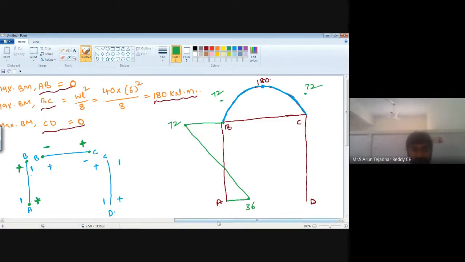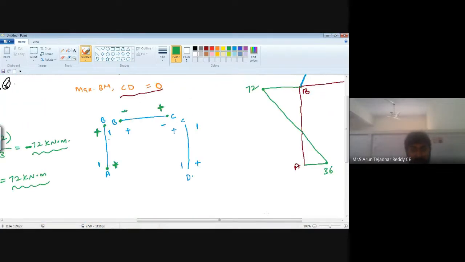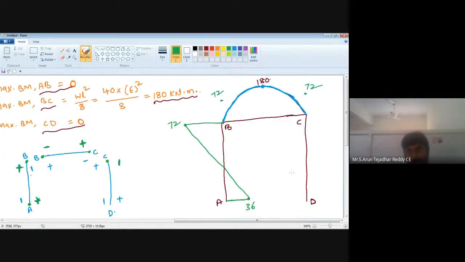Next, C to D. MCD is minus 72 kilonewton meter. Value is minus. You need to check the sign convention here. C to D. We got minus value. It means in this side. But minus value. Minus 72. So here